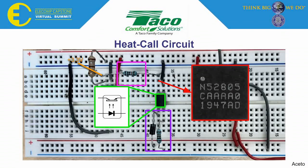This in turn biases the phototransistor on the other side, opening a path and allowing current to flow from the 3.3-volt LDO output to the MCU pin. The MCU detects voltage on that pin and initiates a Bluetooth heat call to the control box on the heating system. In this way, the unit is able to receive the heat call without directly exposing it to high voltages